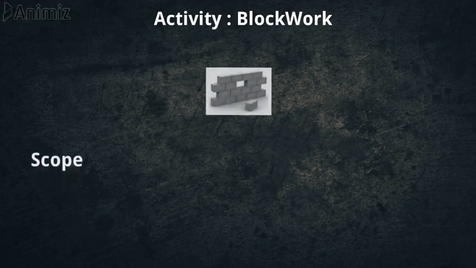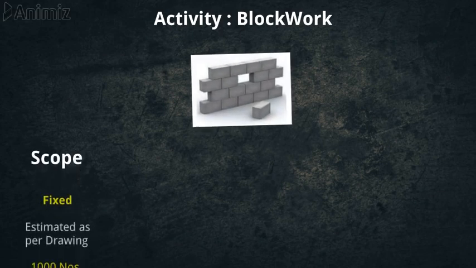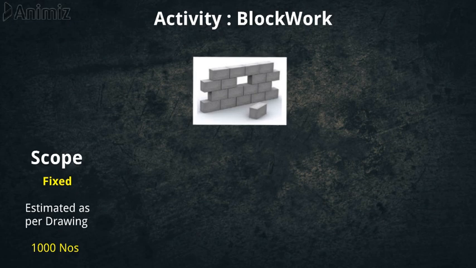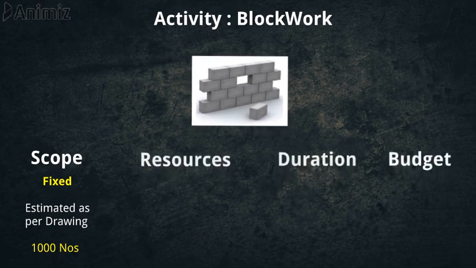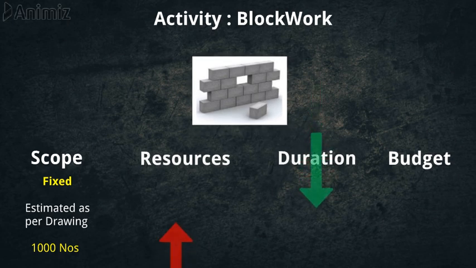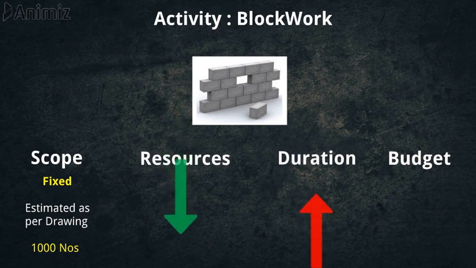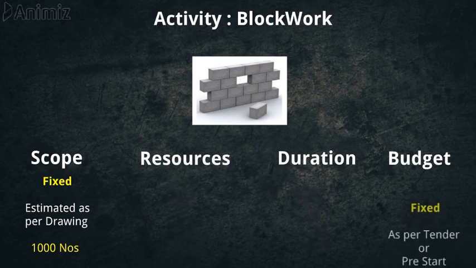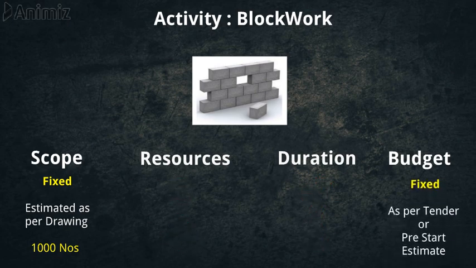So for this sample activity of block work, the scope is fixed, which is estimated as per the drawings. Then the other two variables, resource and duration, are interdependent. If you increase the resources, the duration will decrease. And if you release resources from the activity and reduce the numbers, then the duration of the activity will increase. Now the budget we have to complete an activity is also fixed as per the tender or the pre-start